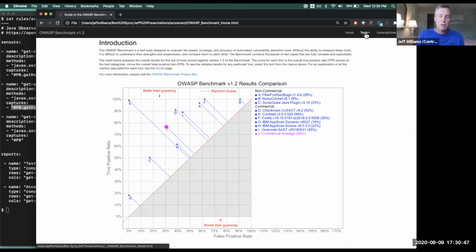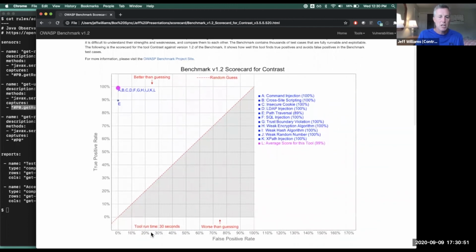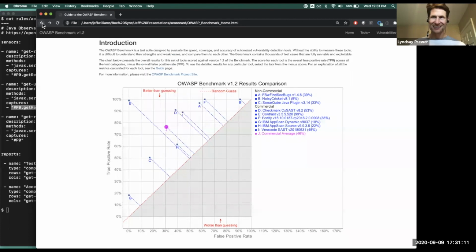And that's where Contrast aces this test. So we finish in 30 seconds, and we found all the vulnerabilities with very low false positives. Actually, we would have got a perfect score, except we disagree with them about the test case. I actually think the path traversal test case is broken, but I don't want to be misleading. This doesn't mean that Contrast never has a false positive. What it means is Contrast can ace an easy test.